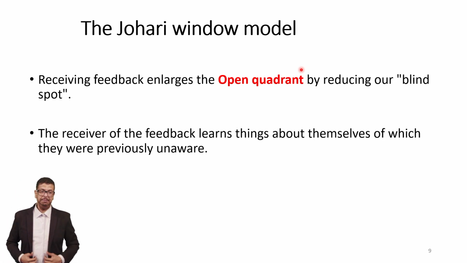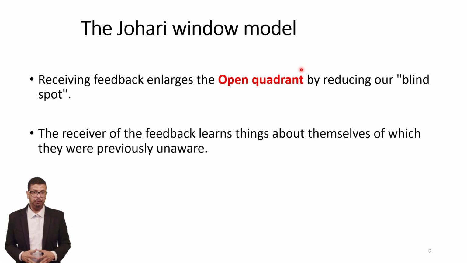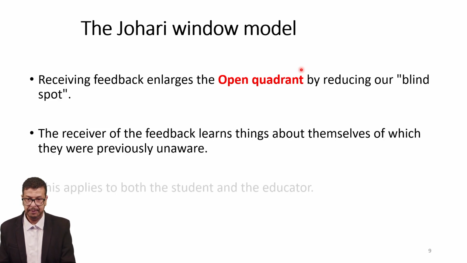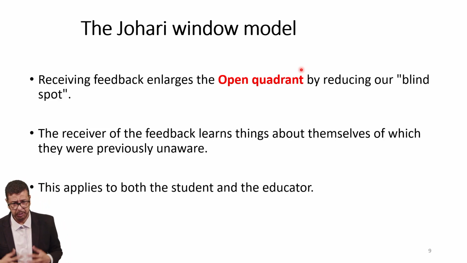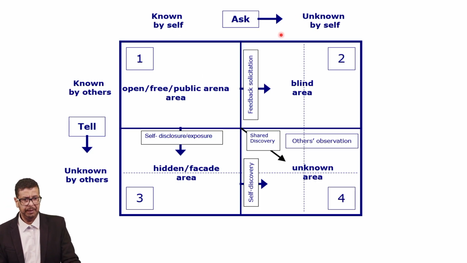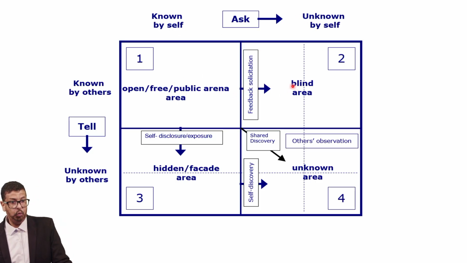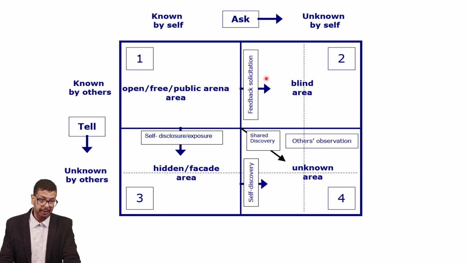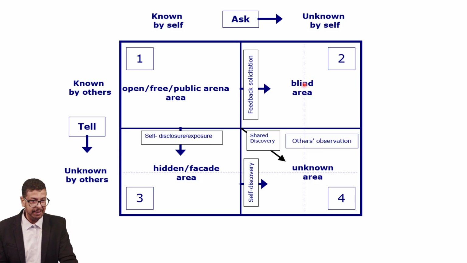The receiver of feedback learns things about themselves of which they were previously unaware. And this applies both to educators and to students. So this is the open area. When we receive feedback from others, the open self is enlarged, and the blind self, as you can see here